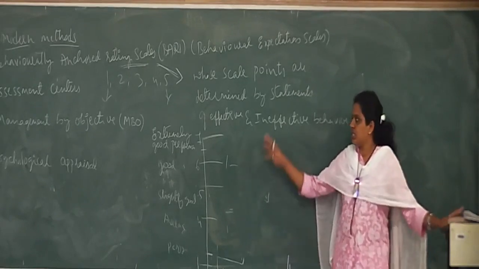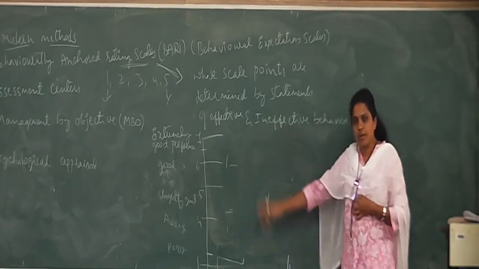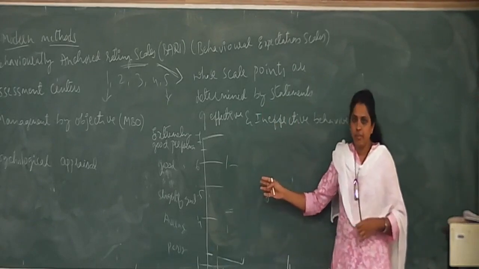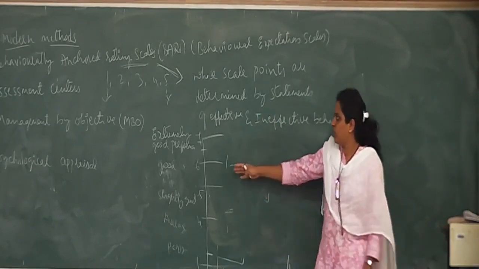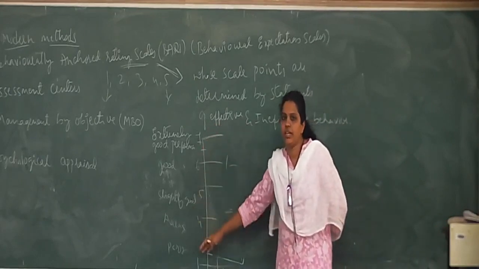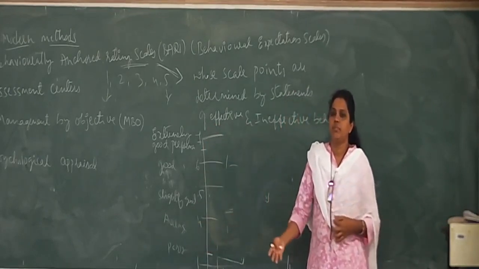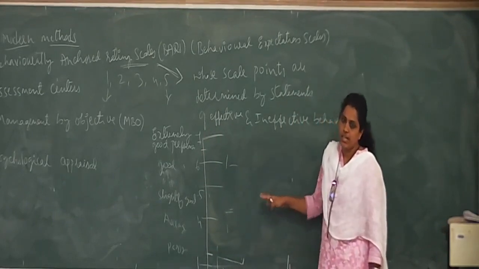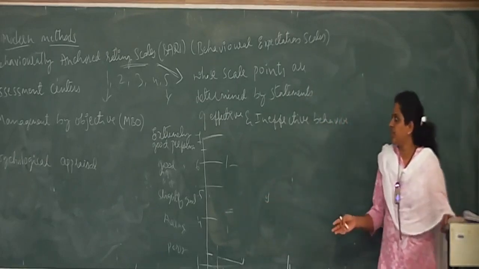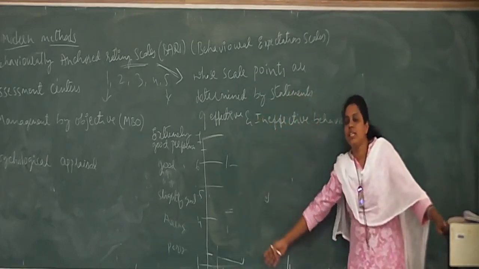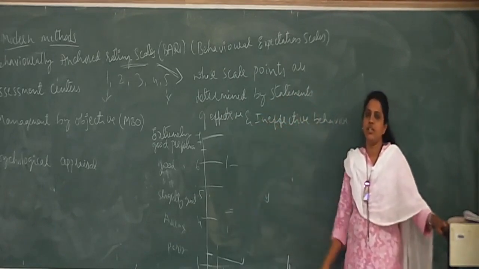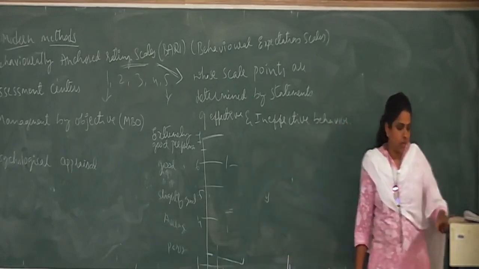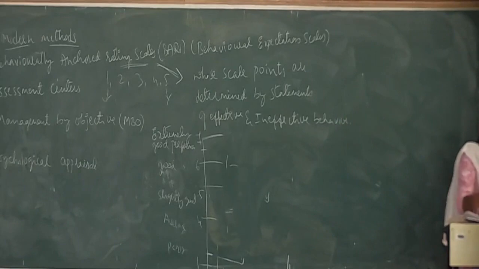Okay, so this is the actual process or procedure or the format of BARS. It is very effective because the rater knows what the job expectations are and what the ratings are. He has to just observe the employee who is getting evaluated, rate them, and submit it to the HR department. The only limitation could be having to prepare this format for each category of job. So that is your BARS. Hope you understood this. And next one,